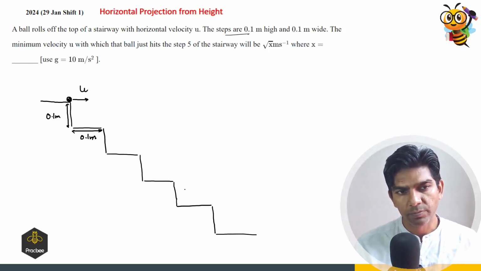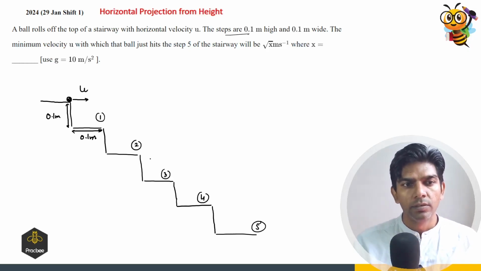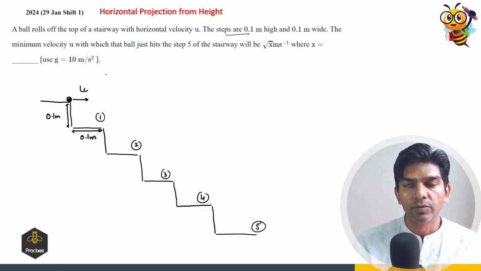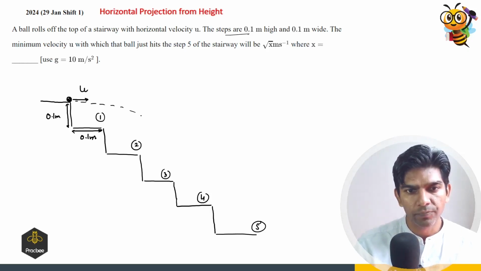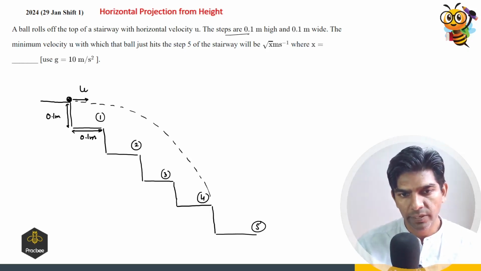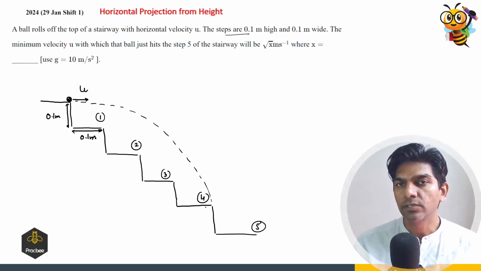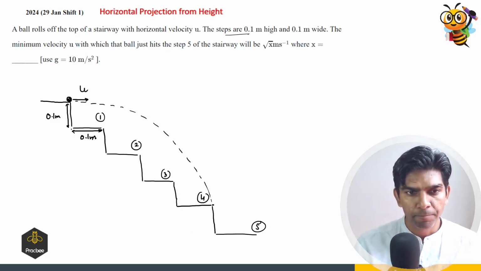So that is the fifth step, right? So this one is the first one, this is second, this is third, fourth, and fifth, right? So what should be the minimum velocity? If we are able to make sure this particle just hits this particular edge, we can say this will be the limiting case. So in this case, what is the